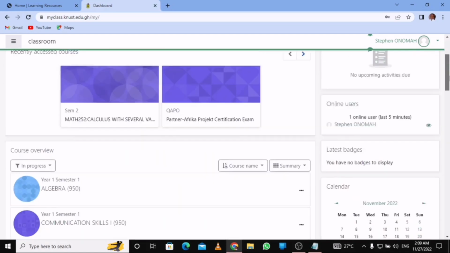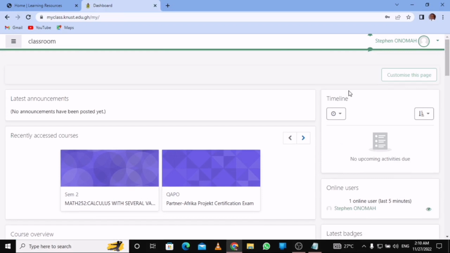So now let's talk about the editing side and customizing this page. You can customize this page, which means any color that you want, you can customize the page and get a color for it. Now let's see something here. When you come here, we have